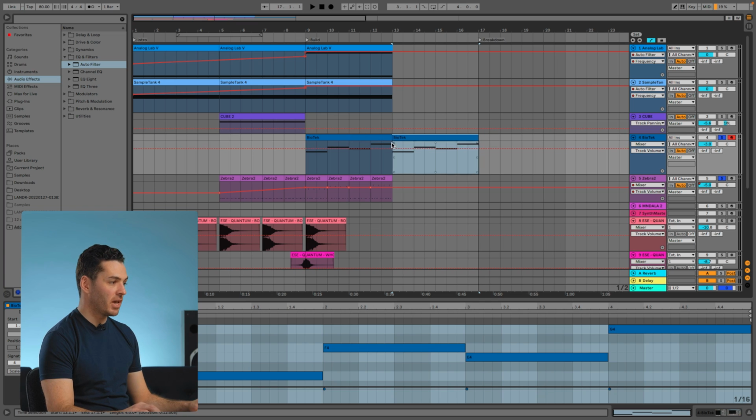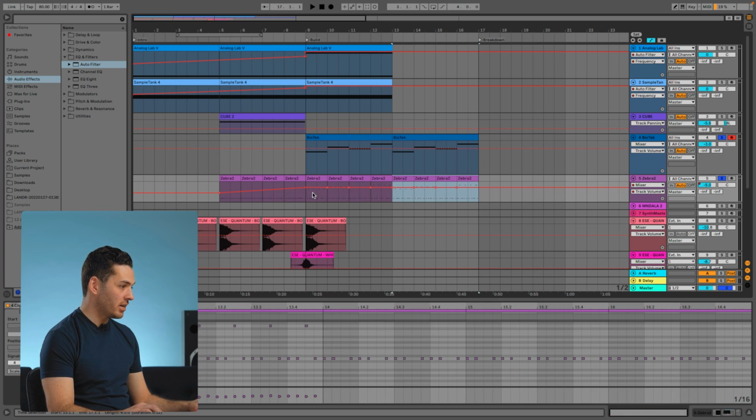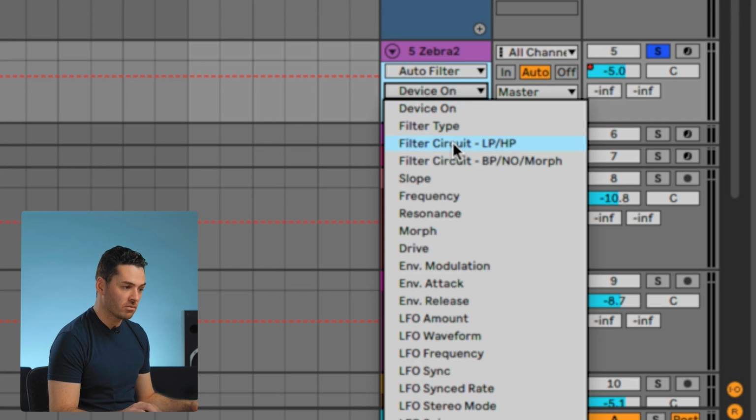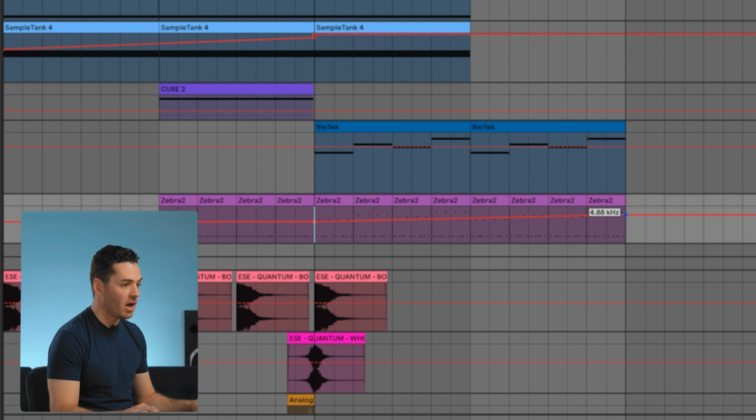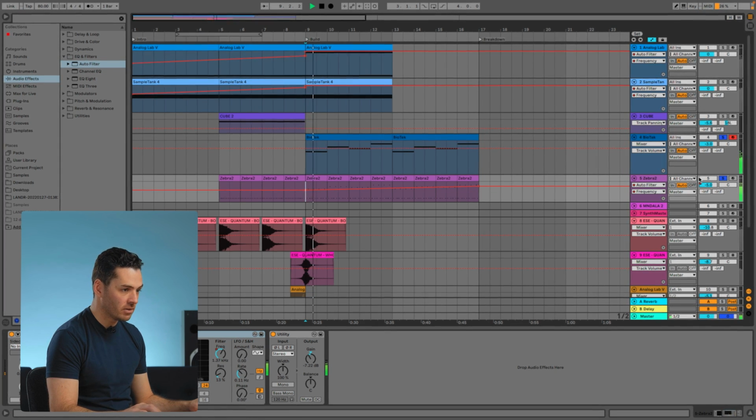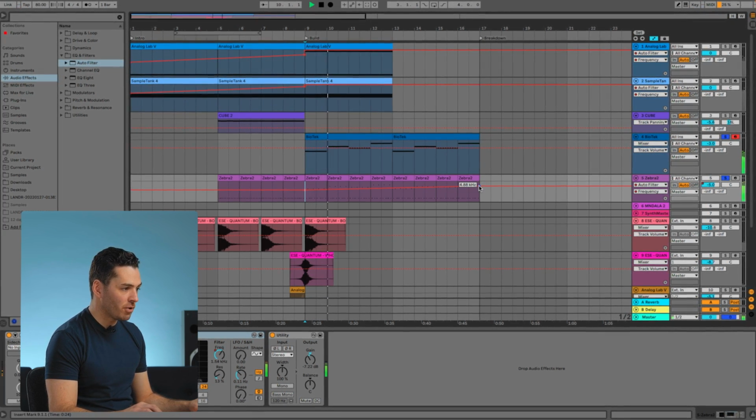A bit more development. Remember, I'm building, and I'll just duplicate that again. Duplicate all of this again. Don't overthink it. Just duplicate everything. I had to learn that over many years. Okay, so I'm gonna start building this with the auto filter I have on this track. So the more we get to that breakdown,